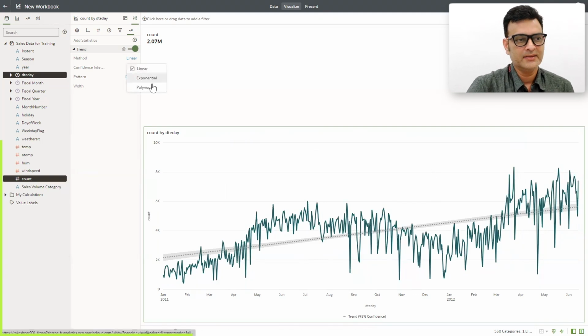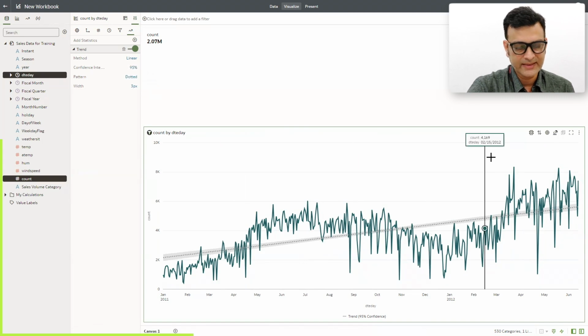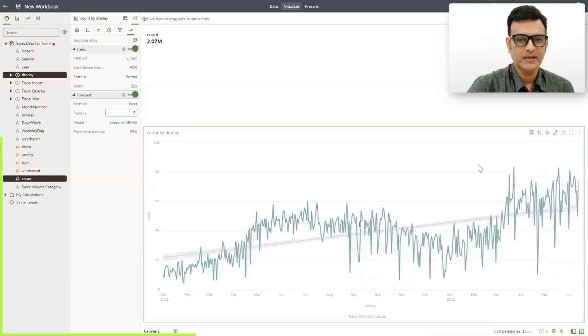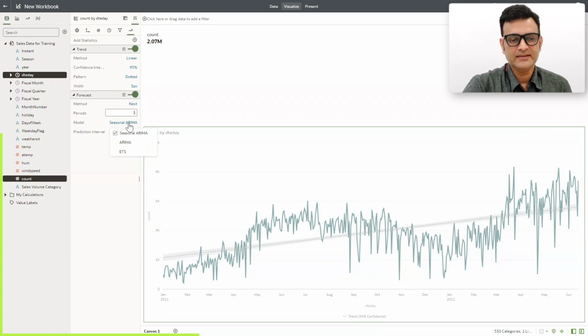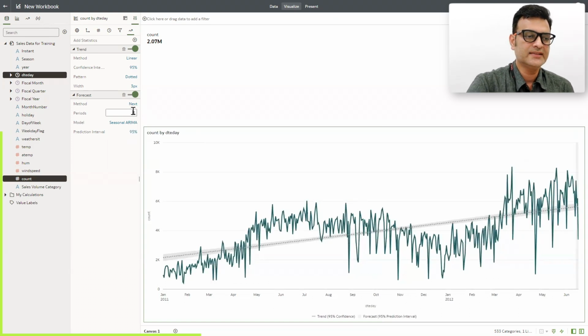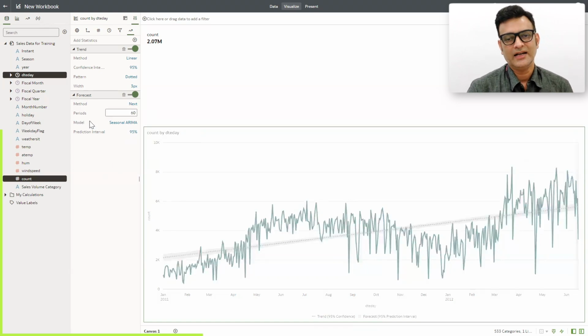Now with this, what is happening is, it is actually generating the forecast for next 3 days as of now. And the models, again, the system supports 3 different models: seasonal ARIMA, and ATS. Okay, now based on the data set, maybe I want to do the prediction for next 60 days. So I'll just enter the period as 60 here. Now once that is done, the system is actually doing a forecast for the next 60 days using seasonal ARIMA. So as you can see here, as users, I can actually generate these advanced analytics functions also without having the need to write any code. It's just click and configure.